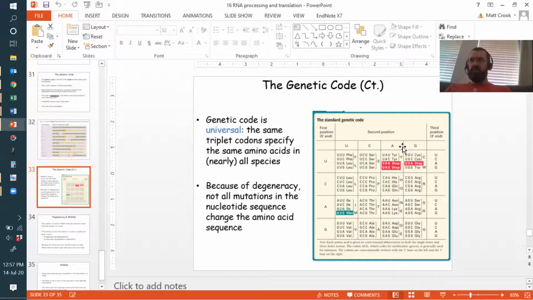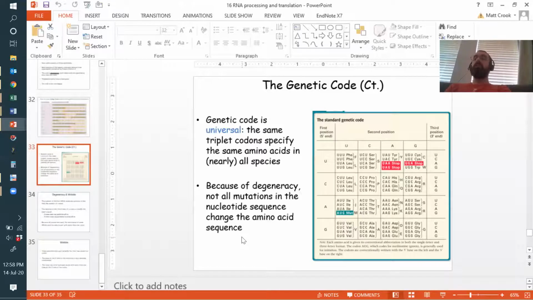Tyrosine, I think there's only two codons. If you have a tyrosine codon at UAU, and that last letter changes to a G, now you have what's called a nonsense mutation, or an introduction of a stop codon. So now that tyrosine codon becomes a stop codon, and your protein translation ends at that new mutation. So it's not perfect, that's for sure, but it gives a little bit more robustness into the